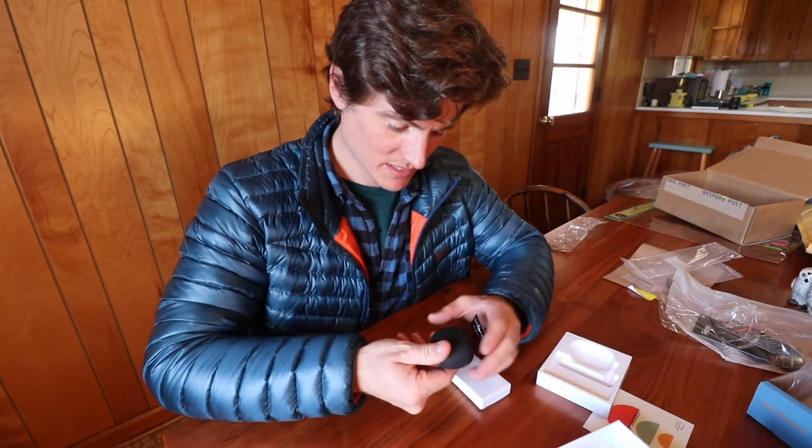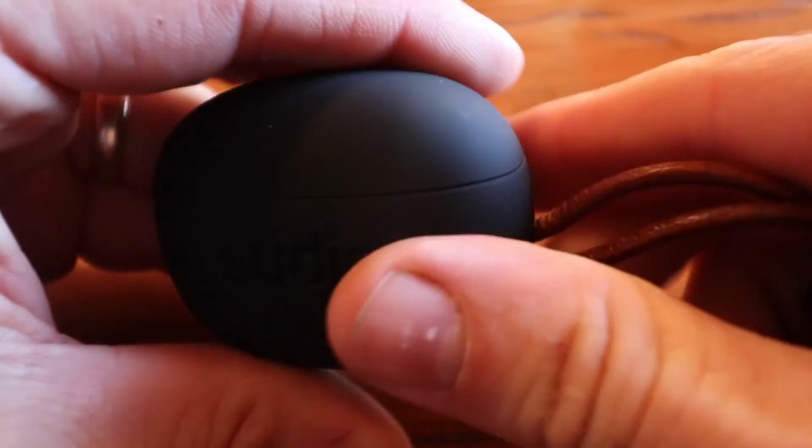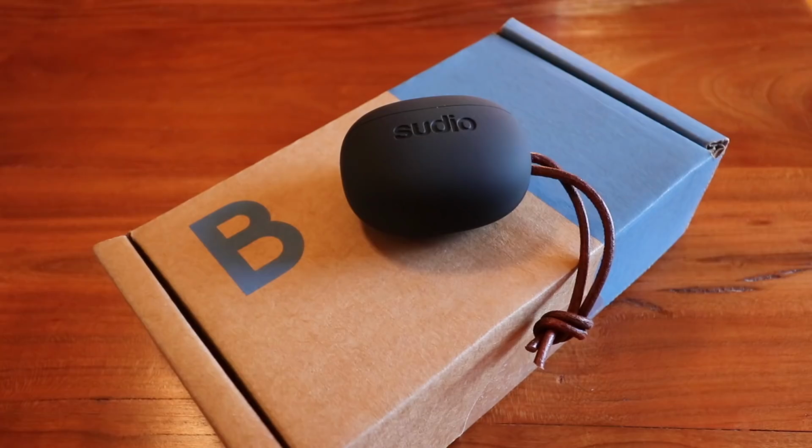Watch me break them. Very neat. That's a slim little case. I really like these style of earbuds too, the ones that have the little plugs versus the hard plastic